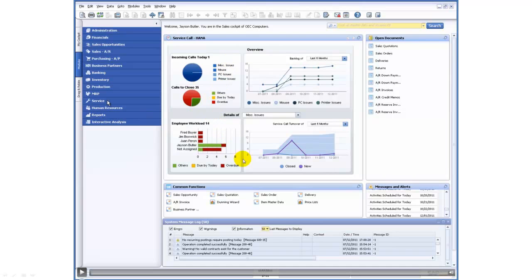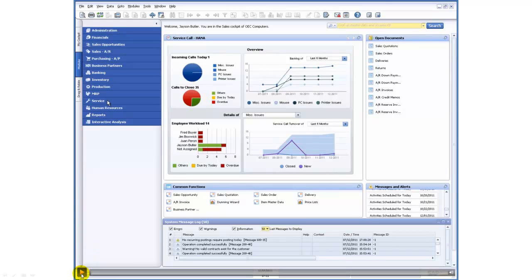Here in this dashboard, you'll now see that it says Service Call, so it's the same dashboard we use for service calls today, except it's flagged as being the HANA-based dashboard, so it is much, much faster. And then up here we have our enterprise search, where you can do your data retrieval and your data lookup. So let's dive into the demonstration, and I'm going to take you quickly through each one